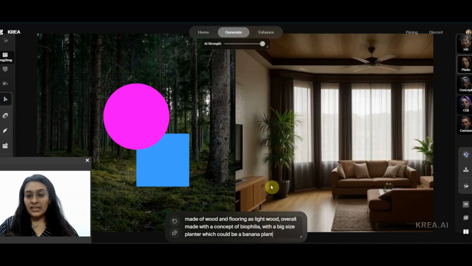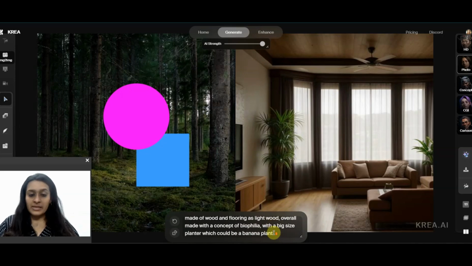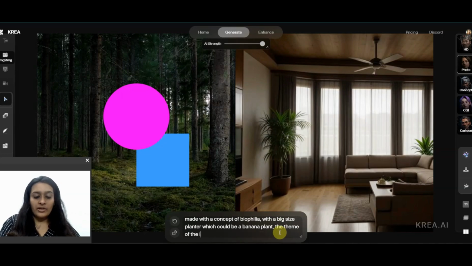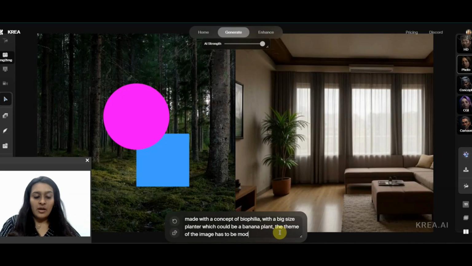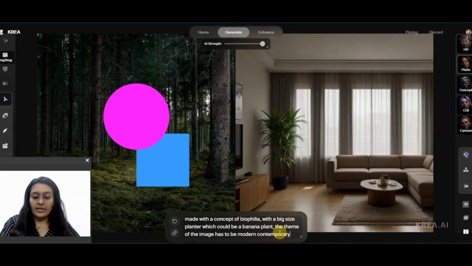Actually, I'm not very upset with the idea, and it's given me a good generation of the image. And I have given it a lot of commands, and it has taken into consideration the theme of the image has to be modern contemporary.